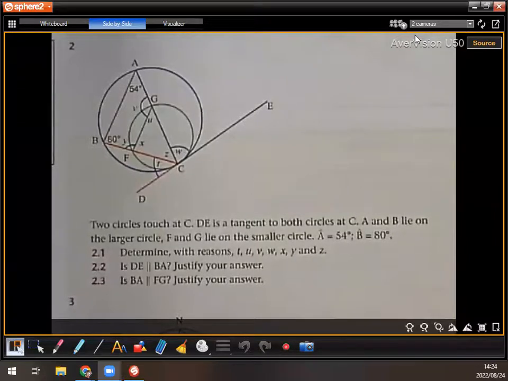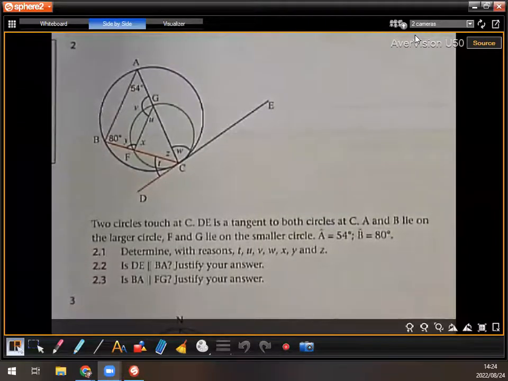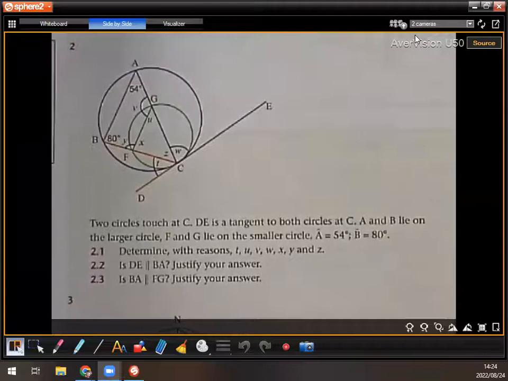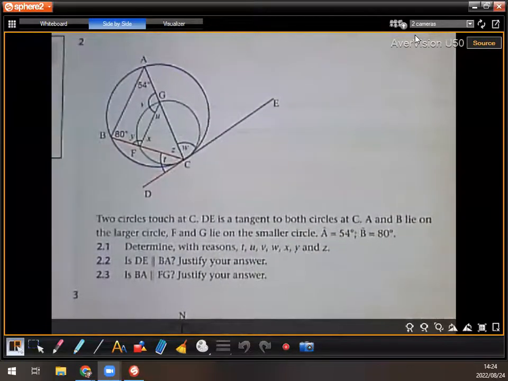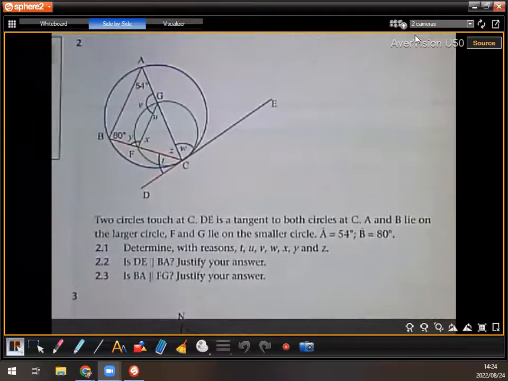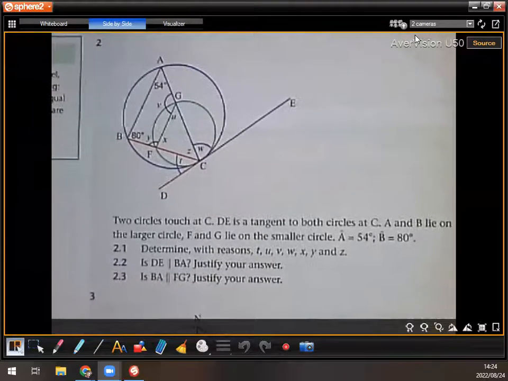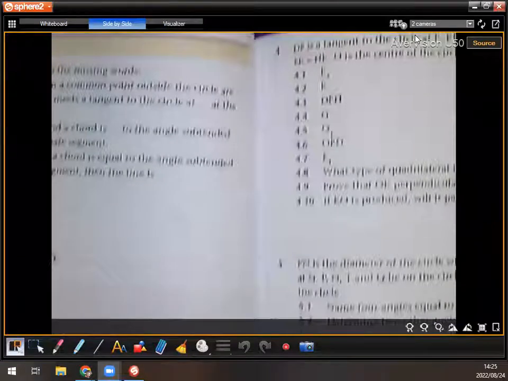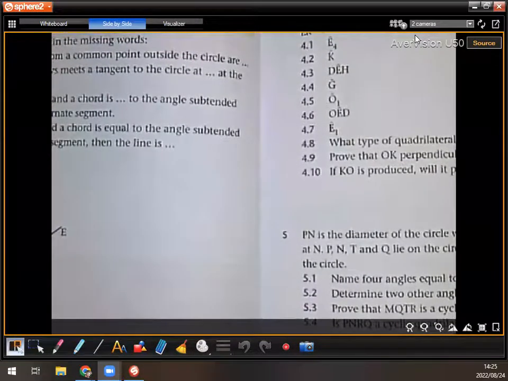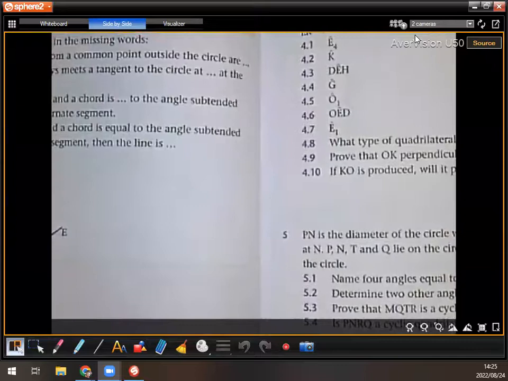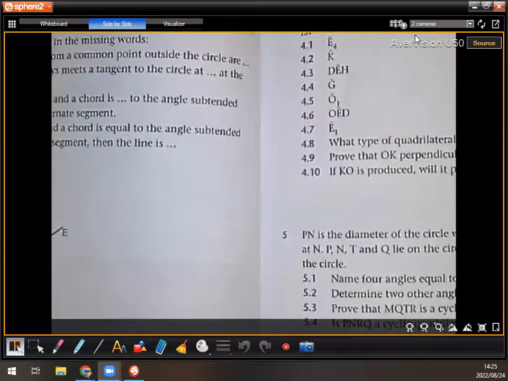Okay, you all have that? All right, that's number 2, guys, from the textbook. See if I switch the light on, it's a little bit clearer. It looks hectic, but actually you just have to work with the tan-chord theorem there. That tangent, DE, is a tangent to the small circle and to the bigger circle. So you can use the tan-chord theorem on the small one. So for example,